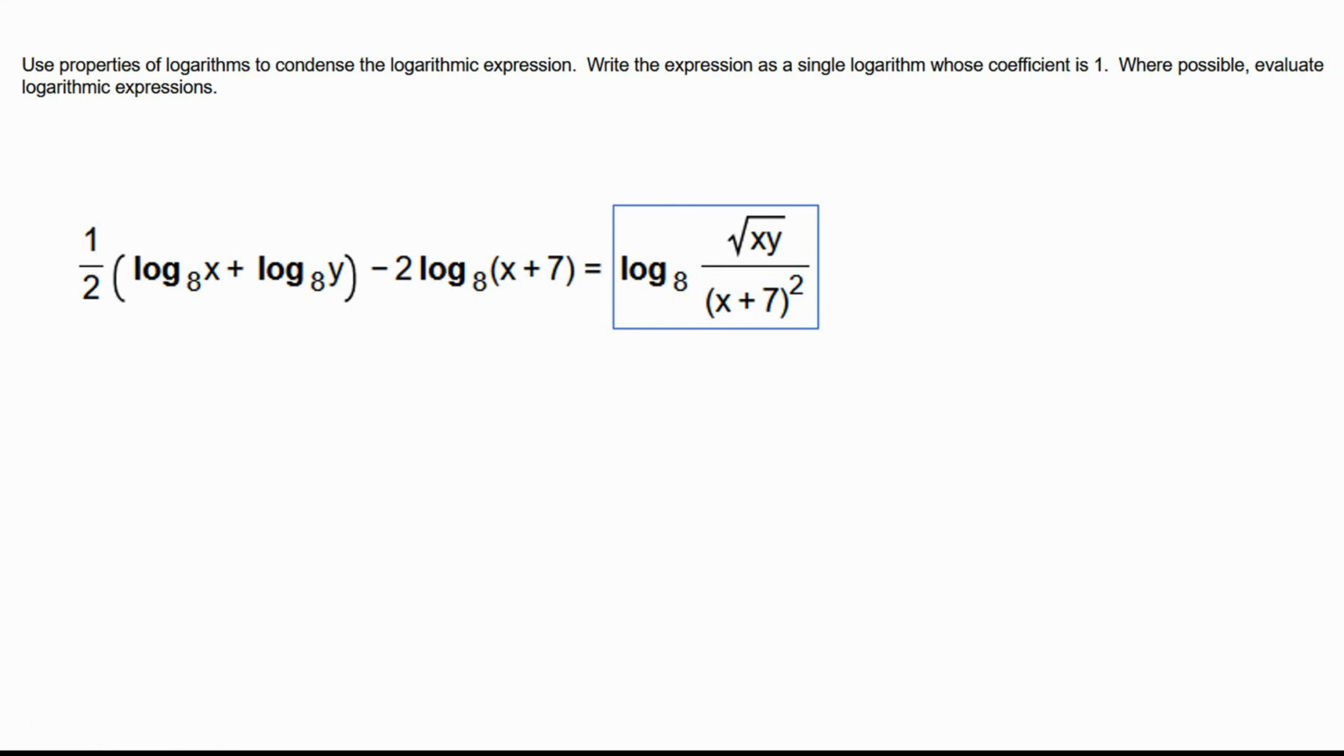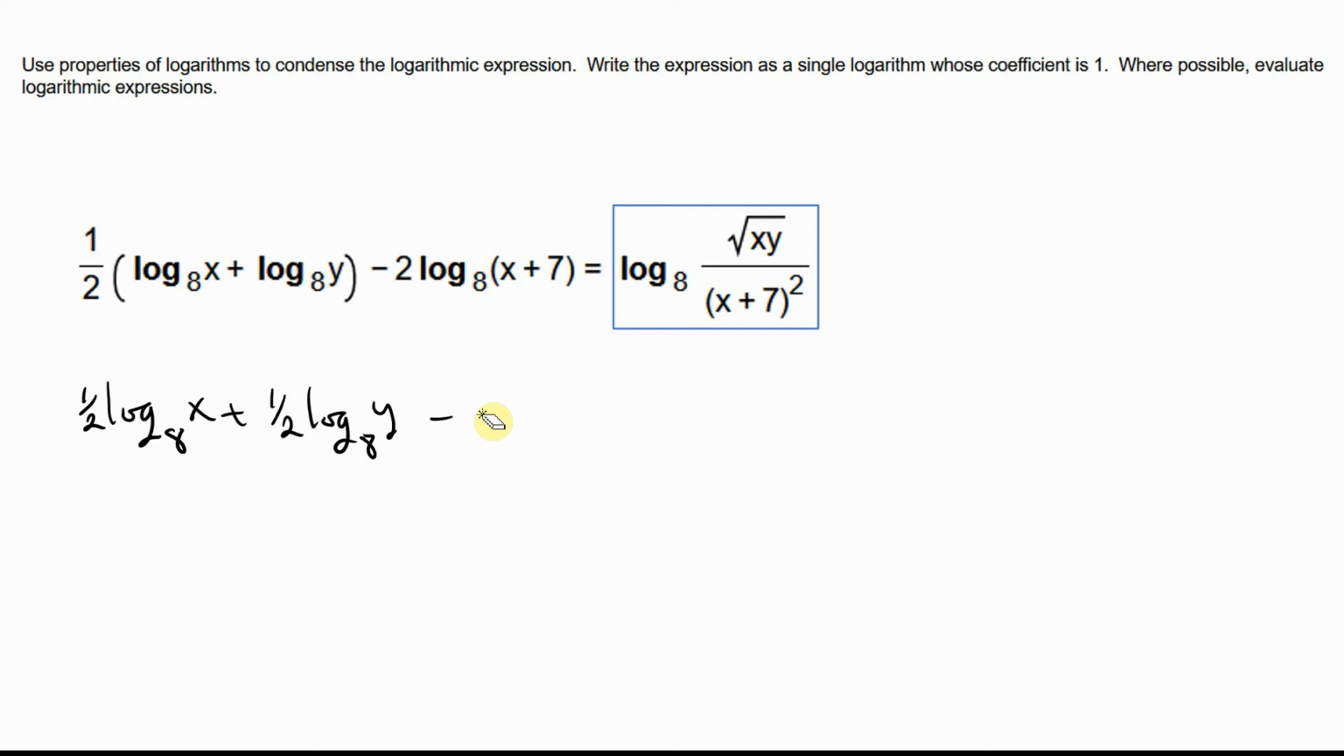The same old same. So here, multiply the 1/2 through, and so that becomes 1/2 log base 8 of x plus 1/2 log base 8 of y